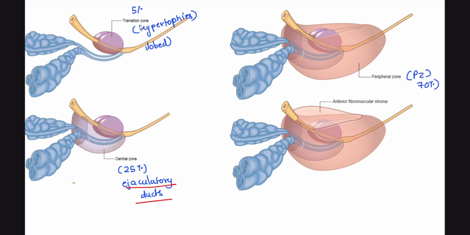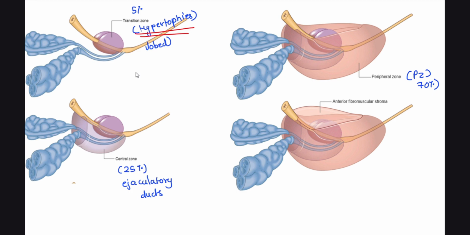It is wedge shaped, as you can see, and consists of the ejaculatory ducts. Next, we can see the transition zone. The transition zone is one of the smallest zones, making up only about 5% of the prostate. And this is the zone which gets hypertrophied. Hypertrophied means that it increases in size